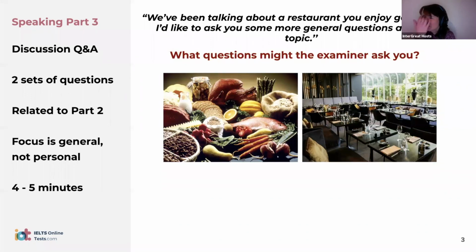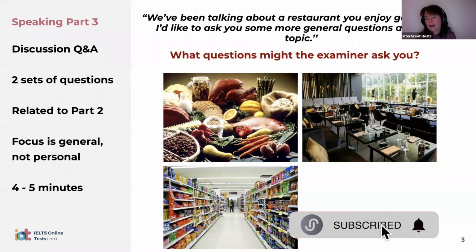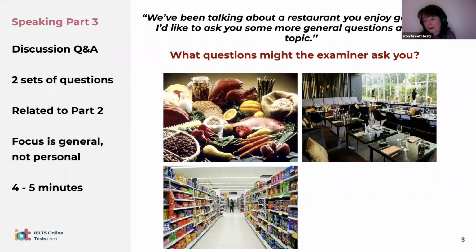So a lot of it is talking about trends in your country. Or yes, like Constantine, informal versus formal dining. Next one. Yes, Pooja, that's a good question as well. And Min. So the next one, we're looking at supermarket. Supermarket, shop, again, fast food versus fine dining. So what might they ask you related to food and shopping? Yeah, popular items. Where does your food come from? What is the source of your food?